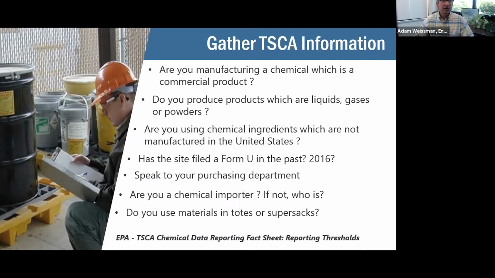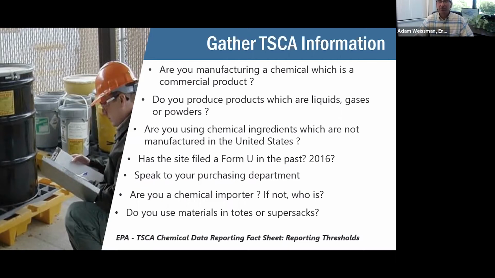Another really big one is, are you using chemical ingredients which are not manufactured in the United States? This is pretty simple. Go out in your manufacturing space and look at the containers of chemicals, the bags, the boxes, totes, super sacks, drums. Where are these chemicals manufactured?